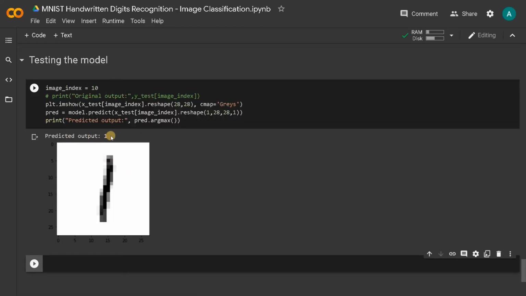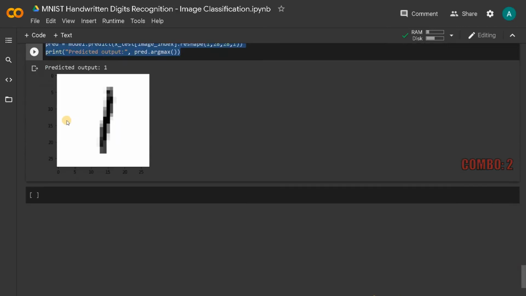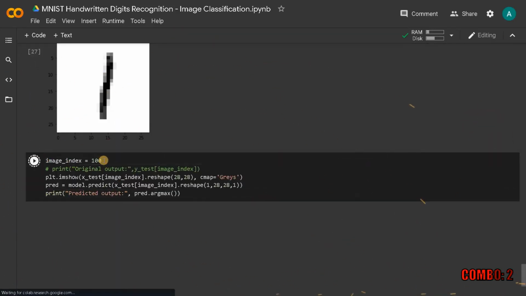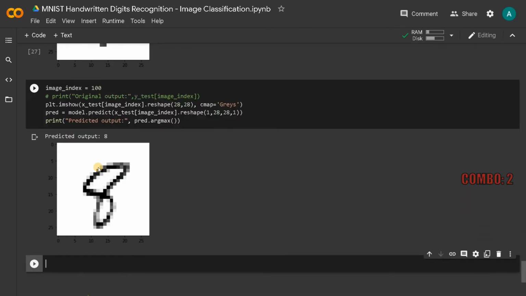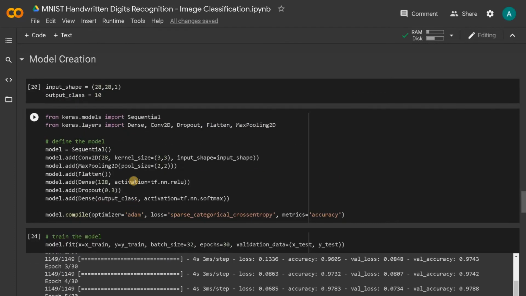So predicted output is 1, and the image is also 1. Let's change it to the next index. Maybe we can copy and paste it for the next one. Let's say 100. Run this. Now the predicted output is 8. Image is also 8. So we have trained a deep learning model, a small neural network, and